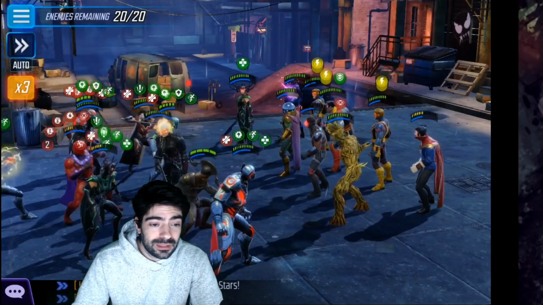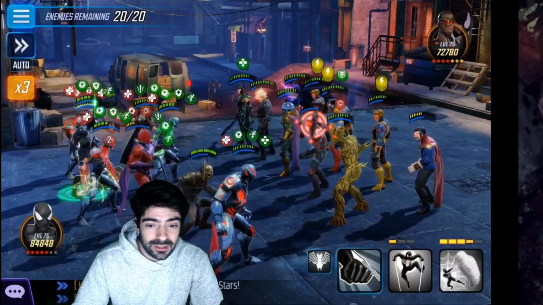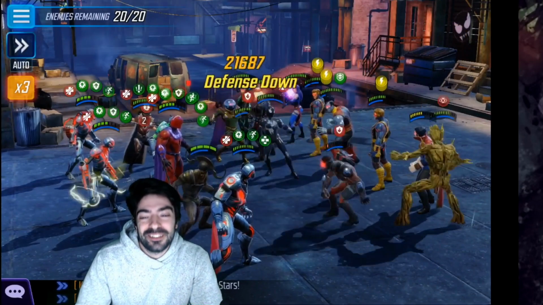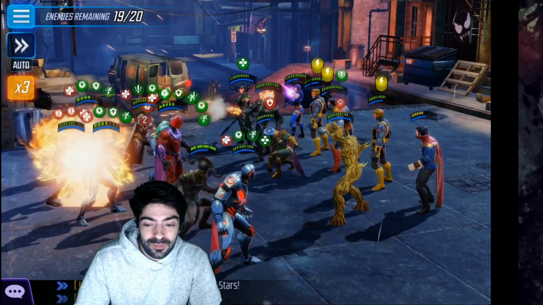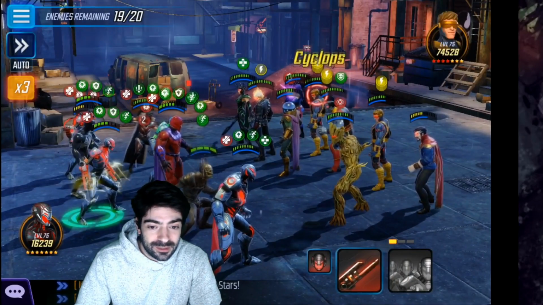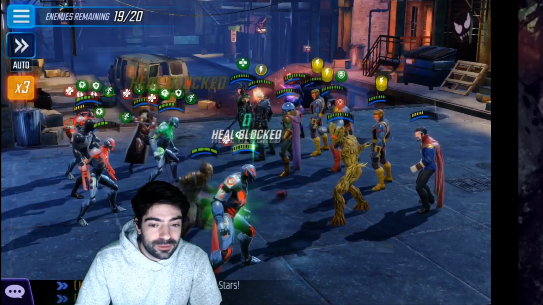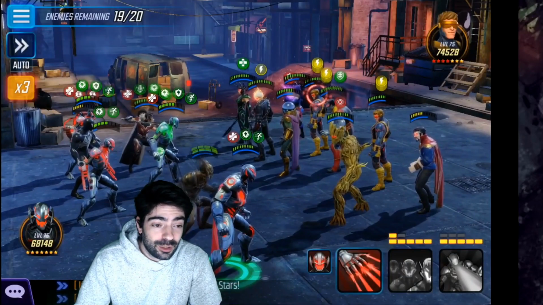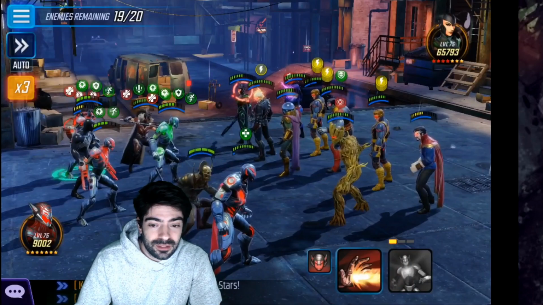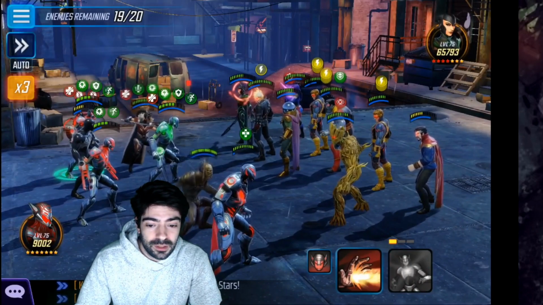Then you want to kill Psylocke because she is annoying as hell. My team is based on debuffs and your team should be based on debuffs as well. So you want your debuffs to last as long as possible, and Psylocke, she removes them. So yeah. Now here you have to steal the buffs from them with your